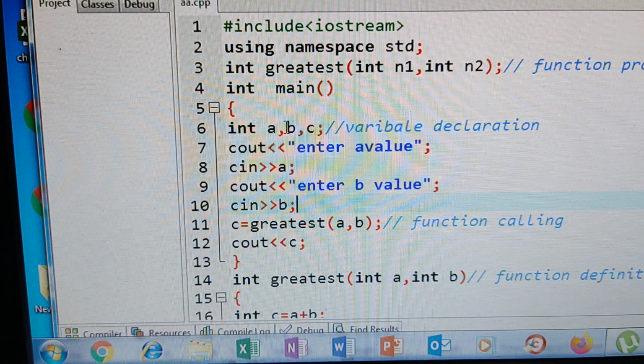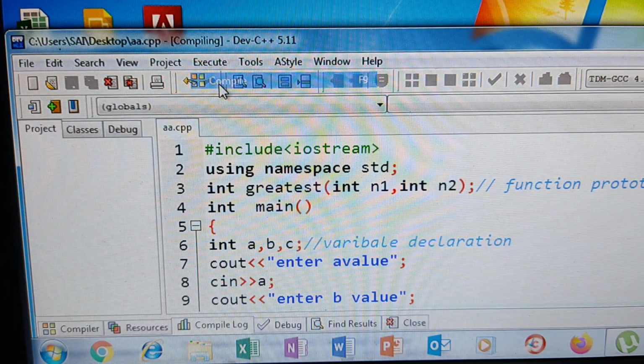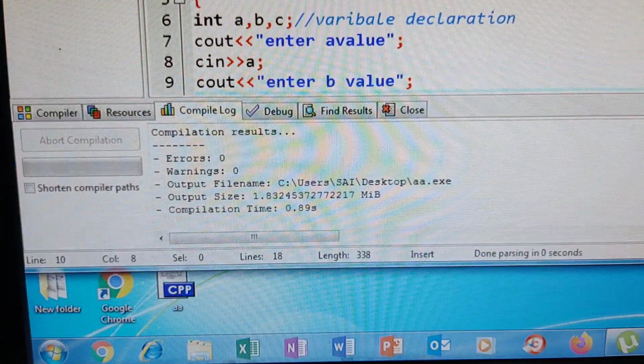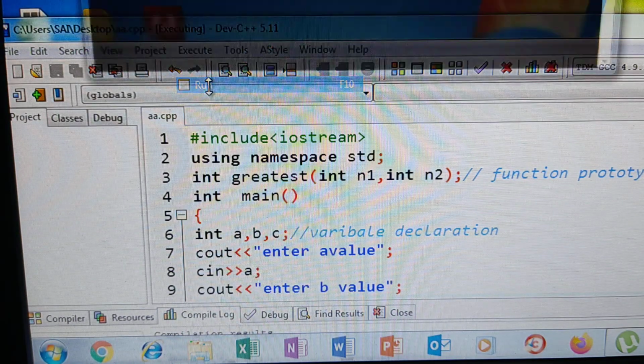Now save this, go to execute, compile. We'll see if there is any error in the program. No errors. If there is no error in the program, go to execute, run.